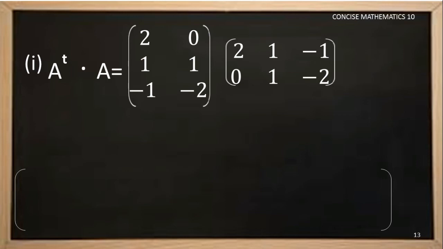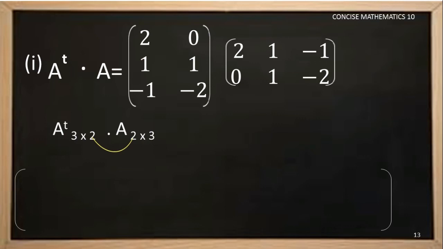See, transpose of matrix A is of order 3 by 2 and matrix A is of the order 2 by 3. According to the multiplication process, if we cross check, the number of columns of the first matrix should be equal to the number of rows of the second matrix. So now by this we can know that there are 2 columns in the first matrix and 2 rows in the second matrix. Hence the multiplication process is possible. Then what is the order of the resulting matrix? I think with this clue you can easily identify. The resulting matrix will be of the order 3 by 3.